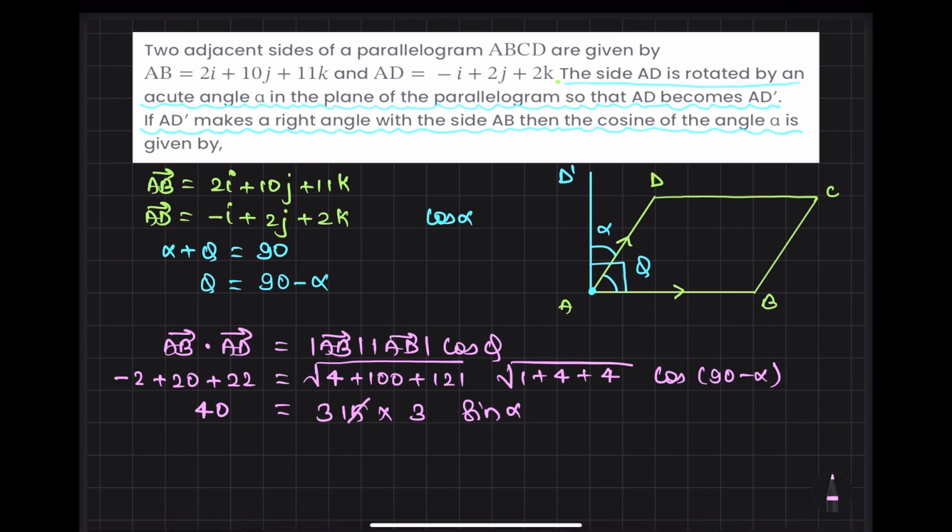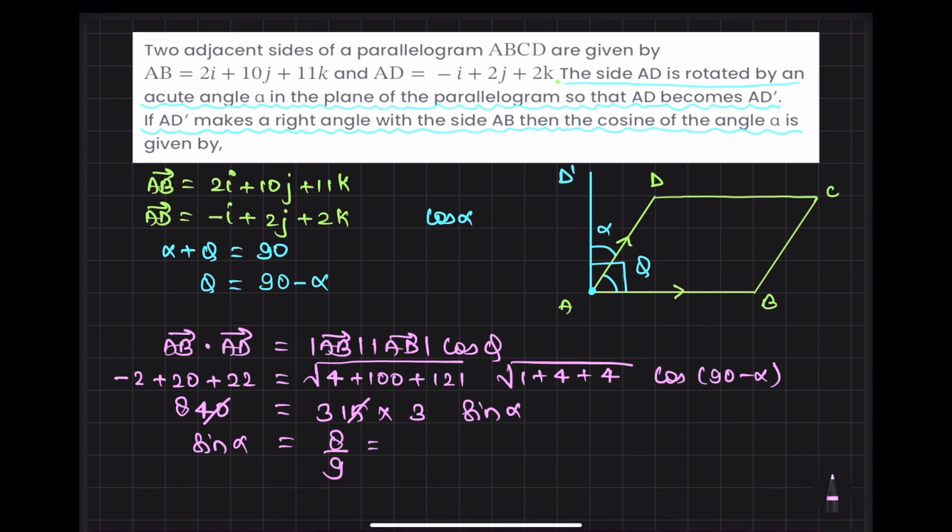Okay, now let's do the simplification part. So 5 3s are 15. This thing will become 8. So can I write sin alpha as 8 by 9? But we need to find out cos alpha. Okay, and it is an acute angle, so cos alpha should be a positive number. Okay, so you know that